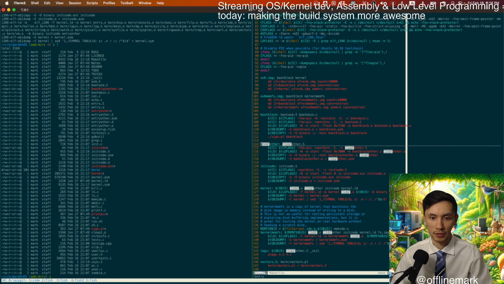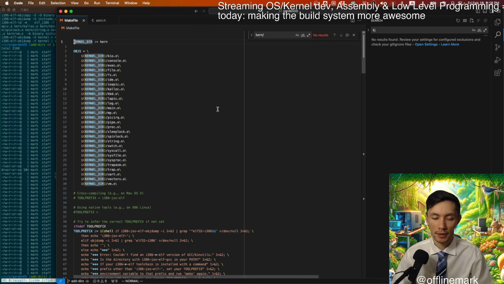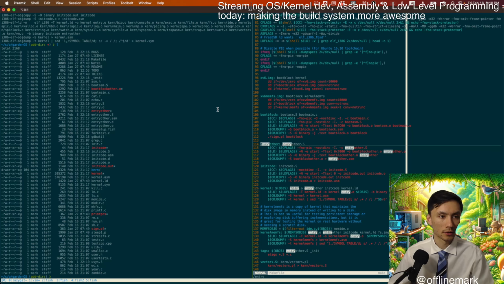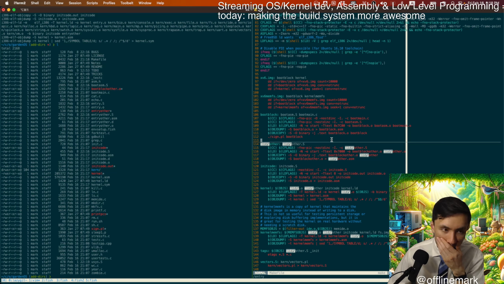I think it was called entry. There's a handful of other ones that are still in the root dir. I mean, it's pretty conspicuous. It's stuff like asm.h, boot asm.s, boot main.c.